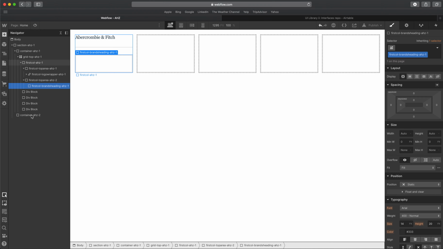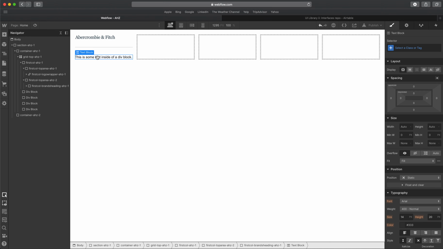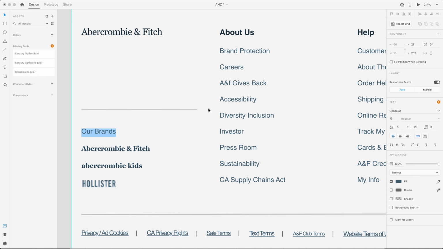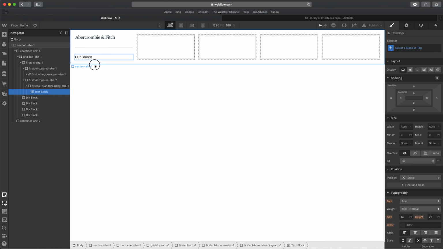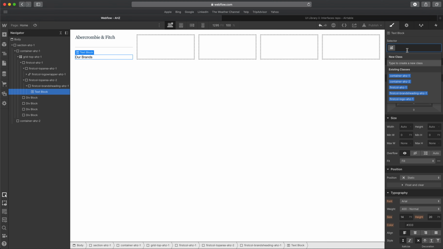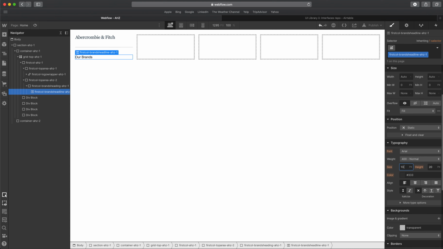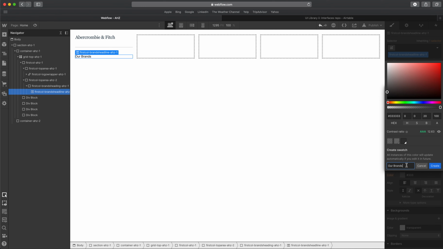There we are. Instead of which I will have this text that says our brands. 30 pixels. First call brands headline, H3 number 1, like this. 1.3 em for the size of the element, and I'm having this